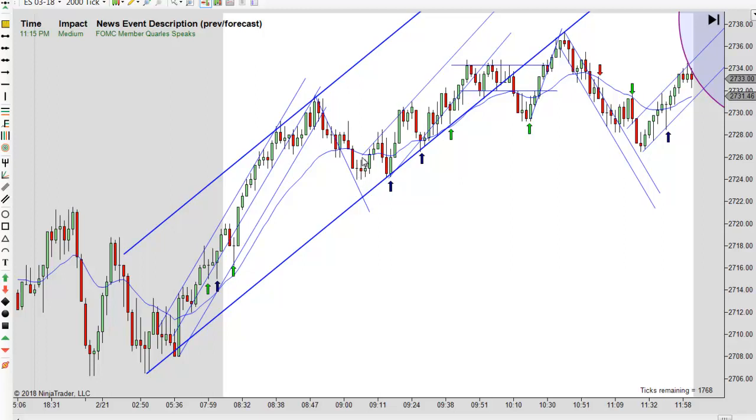There's actually a second entry long right here when it breaks higher, but look at all that overlap. Every one of those are basically dojis. I'm not going to enter there, but look what happens. It makes that move up, it comes back, makes a double bottom, and then gives you a much more bullish bar with a double bottom and a possible confirmation of that trend line. So I like going long there instead.